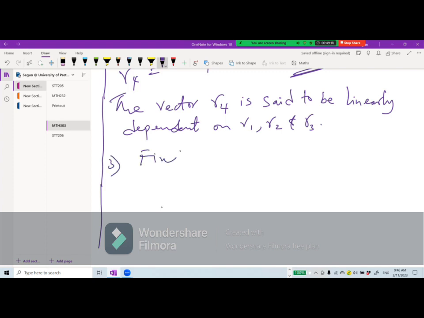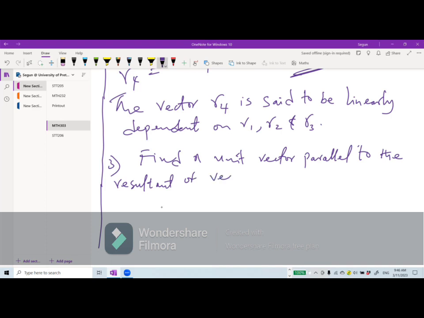We say find a unit vector parallel to the resultant of vector R1 equals 2i plus 4j minus 5k,